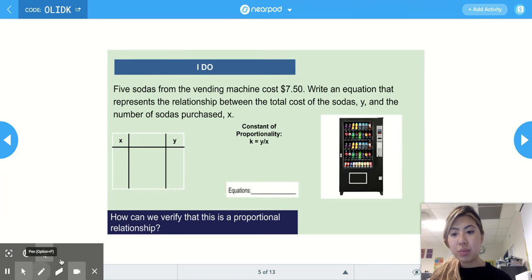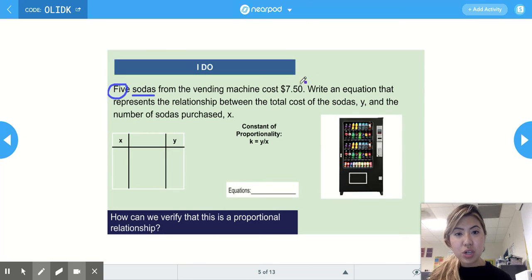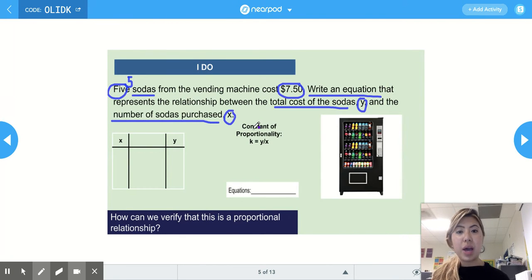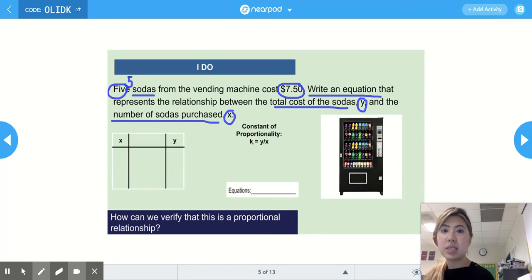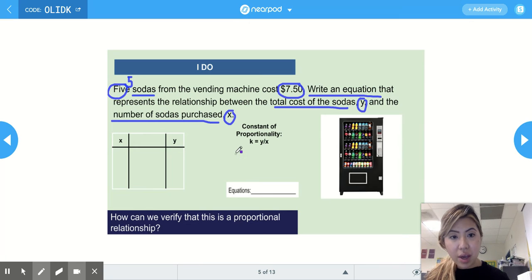Our first IG problem reads, 5 sodas from the vending machine cost $7.50. We have to write an equation that represents a relationship between the total cost of sodas, which is our y value, and the number of sodas purchased, which is our x value. So we're going to start off by figuring out what our constant of proportionality is using the equation k is equal to y over x. So in this case, our y value is the total cost. So we have k is equal to $7.50